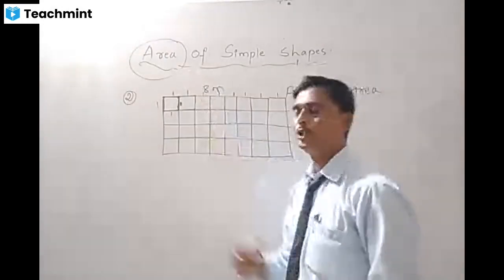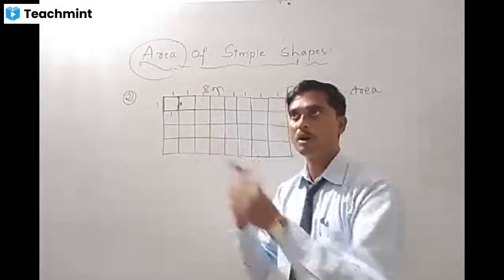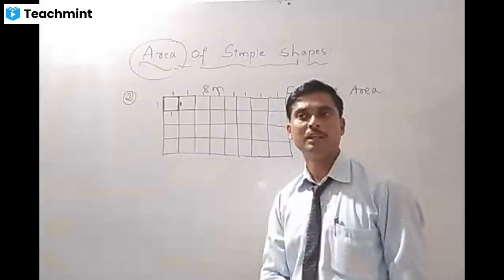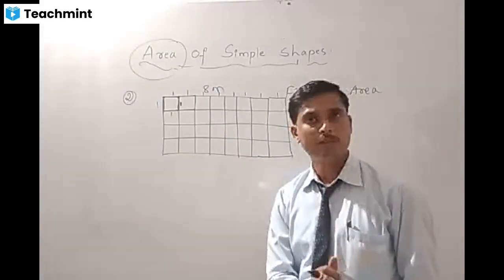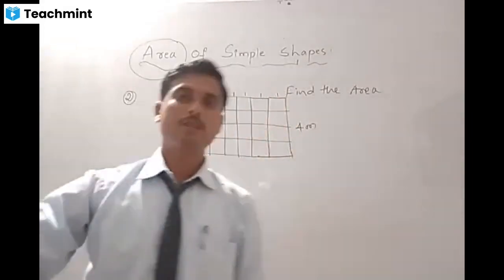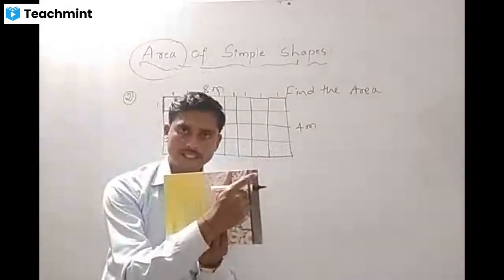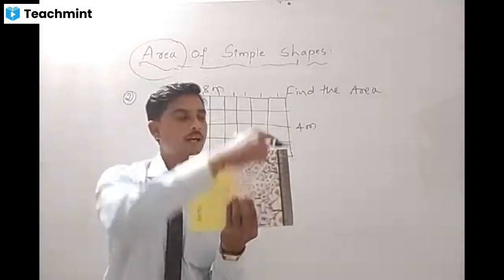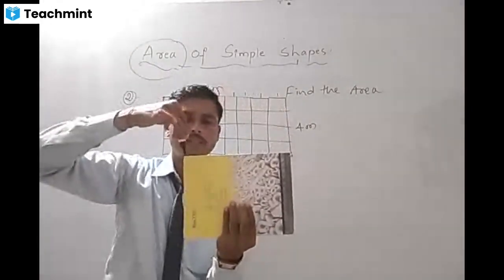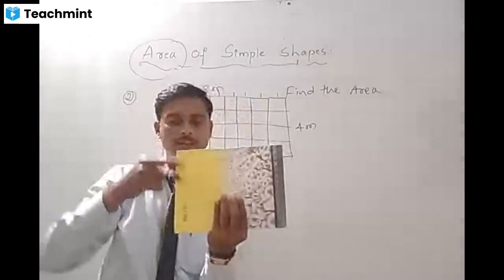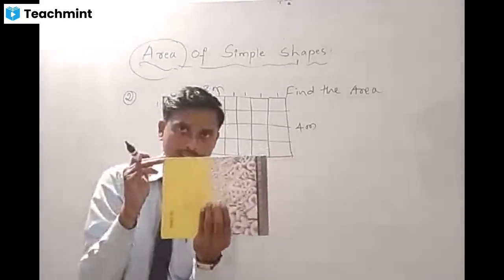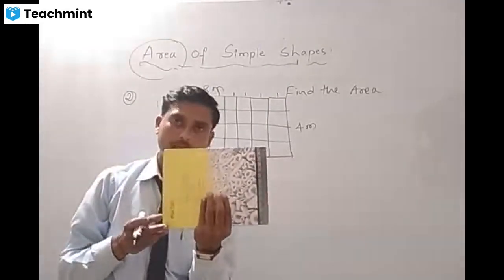This lesson is useful to measure how many square feet your home has, how many square feet your room has, and how many square feet your textbook has. You have to understand it easily. Take one textbook and a scale, and measure it. From this edge to this edge, how much distance is there? Here to here is 20 centimeter, and here to here is 10 centimeter.